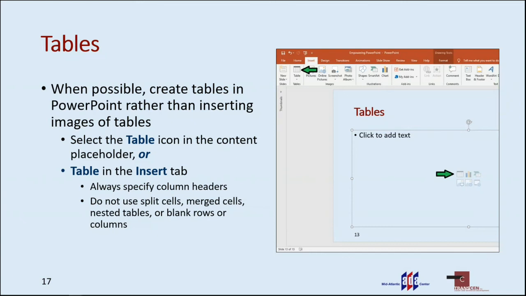So if you use these features, split cells and so forth, it can confuse a screen reader. If you have to insert a table as an image, just be aware that you then have to add the description, the alt text that we were talking about a moment ago.